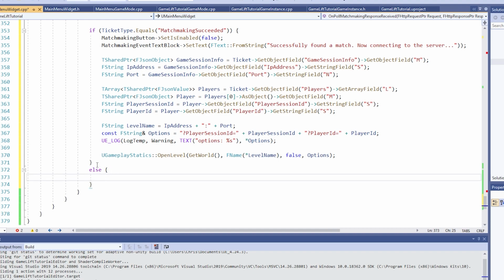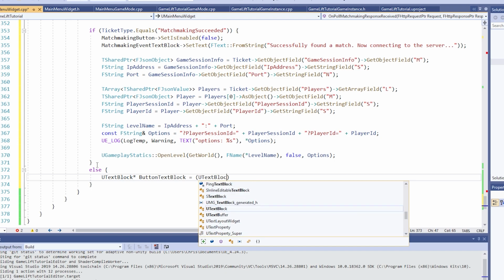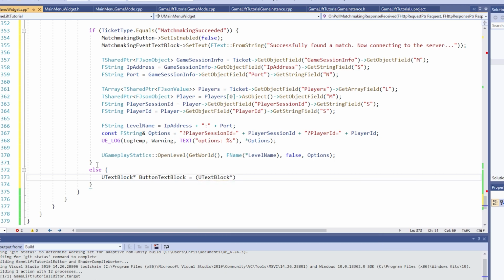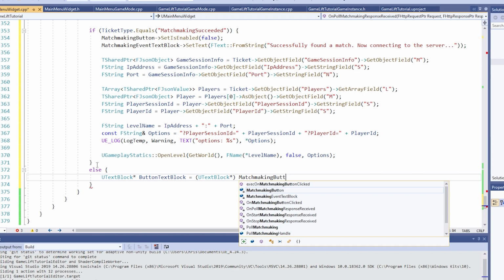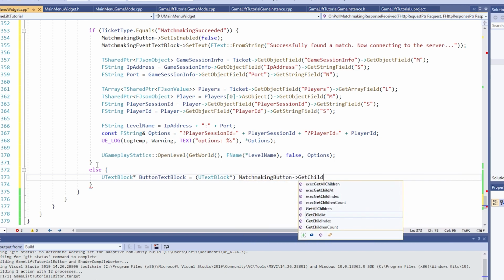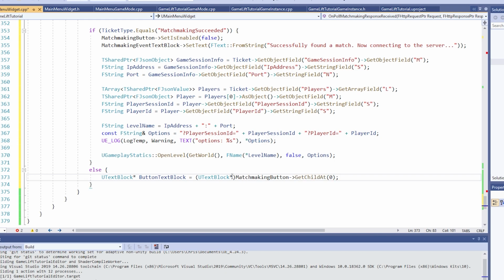And then squiggly brackets, UTextBlock* buttonTextBlock, and set that equal to Cast<UTextBlock>(matchmakingButton->GetChildAt(0)),